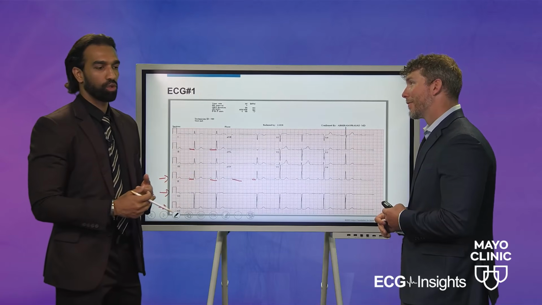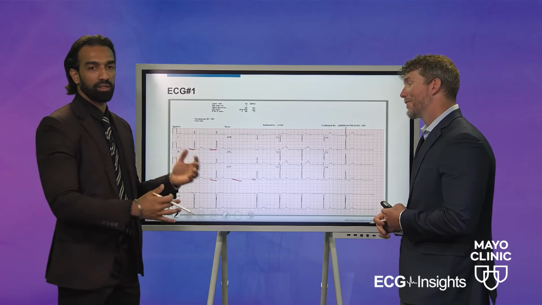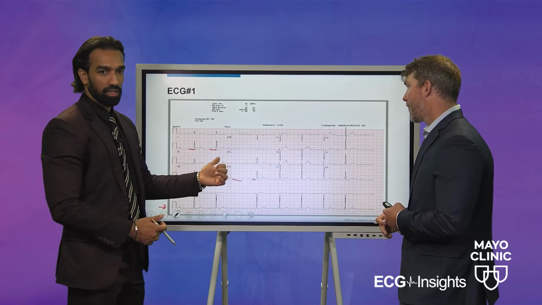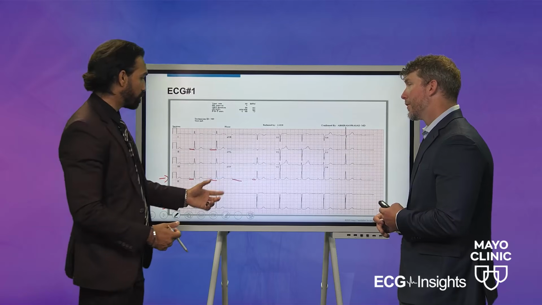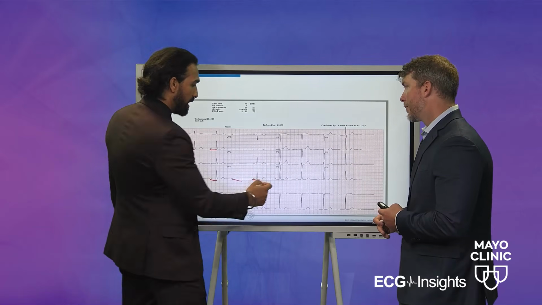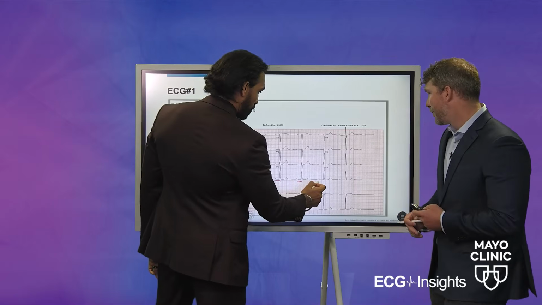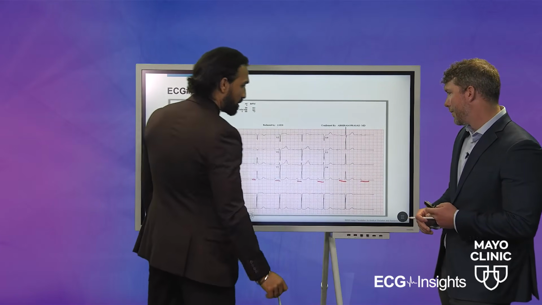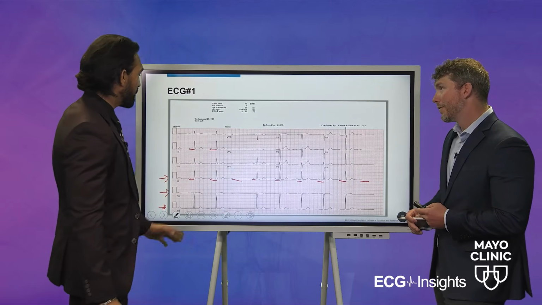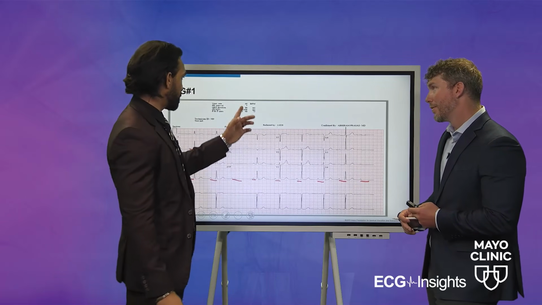Second degree AV blocks are those where some of the P waves are conducted and others are not conducted. And this is a kind of second degree heart block, which is at the level of the AV node, and it's a Mobitz 1 or Wenckebach AV block. And then we see again PR prolongation, prolongation, prolongation, a little longer, and then a drop. And the next one will be a little shorter. So nice example of that. On average, the rate ends up being 46.